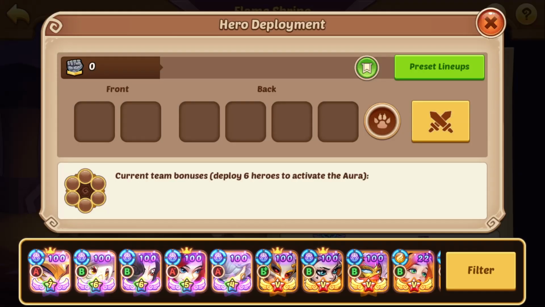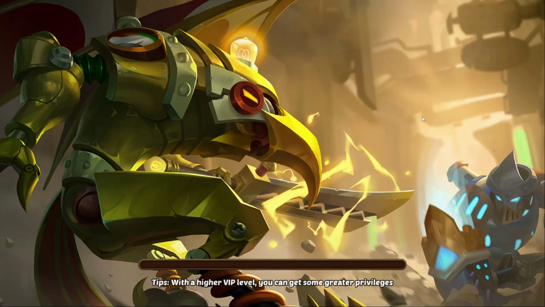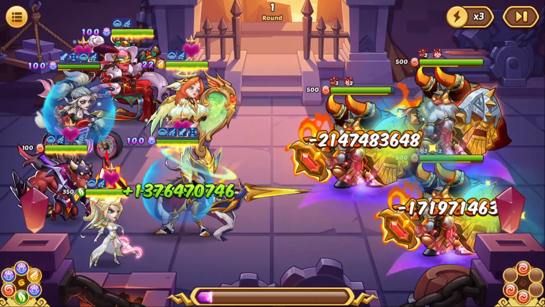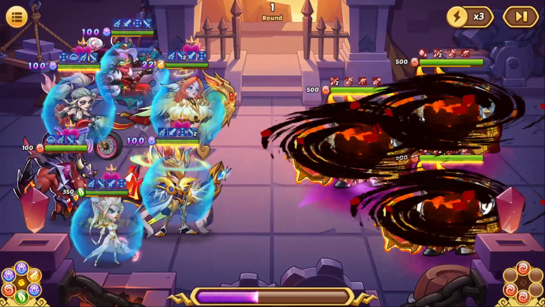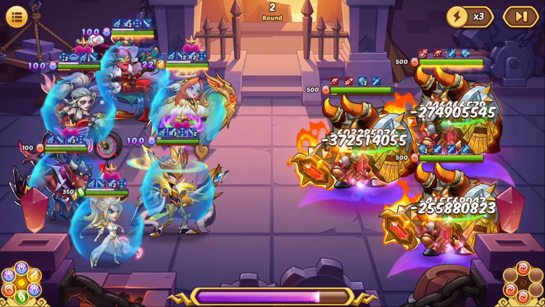So yeah, we're gonna be using preset lineups again, so I'm gonna pause the recording. Alright, we got our team back, and I don't think we're gonna use the BS 11 team just because it doesn't really make much sense since we don't need to, what's it called, energy drain them. So I'm sure it could do a bunch of damage against these guys, but I'm pretty sure this one will be better. And yeah,